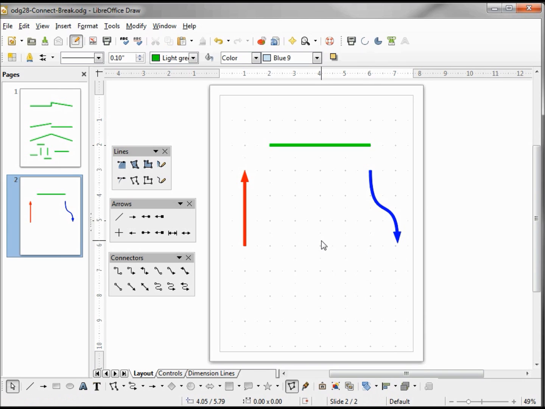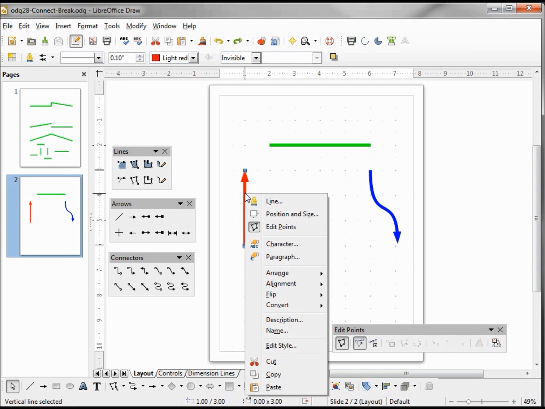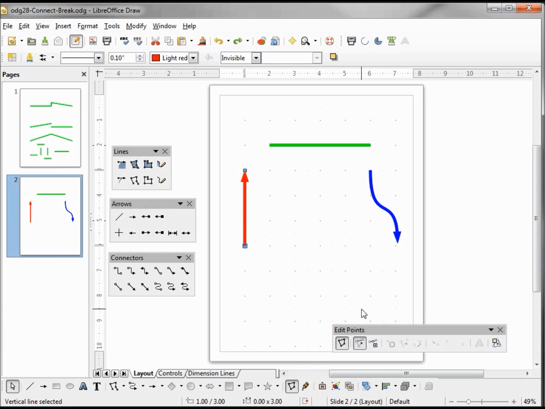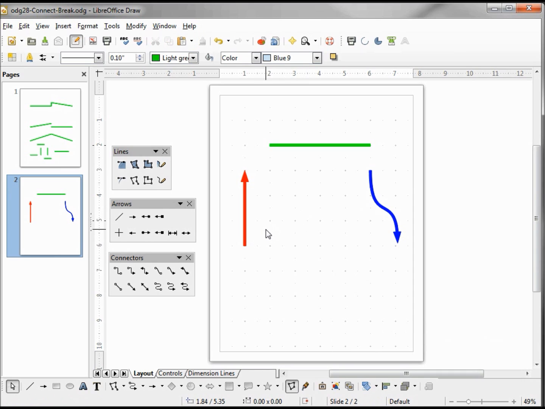I'm going to click off this, holding Control A to select all. I'm going up to Modify, Connect. And we see we've got the blue line with the arrow at the end. Let's undo this and try it again with the red. We select the red, right-click, Arrange, Send to Back. Now we should have a single red line that ends with an arrow. I'm clicking off the arrow, holding down Control A, Modify, Connect. It seems to have connected things differently. It looks like it added lines.